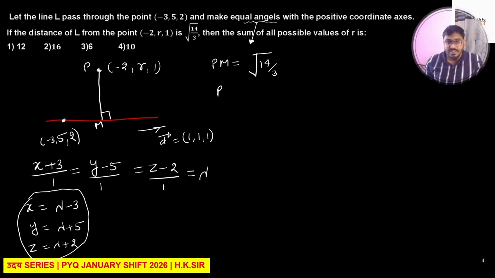So pm square is 14/3, मीन्स आवर अल्टीमेट गोल, हमारा अल्टीमेट गोल क्या है, पी एम निकालना। पी एम कैसे निकालेंगे, पी पता है पॉइंट, एम पॉइंट मुझे निकालना पड़ेगा। तो एम पॉइंट मैंने जनरल फॉर्म में मान लिया है, दिस इज एम पॉइंट। ओके, जनरल पॉइंट में जनरल फॉर्मेट में मान लिया।